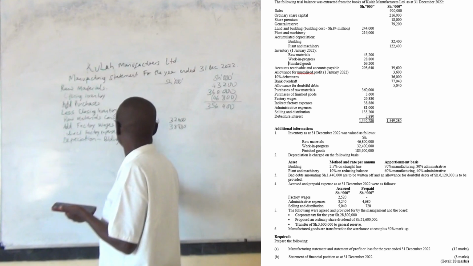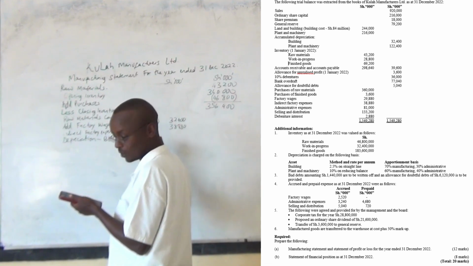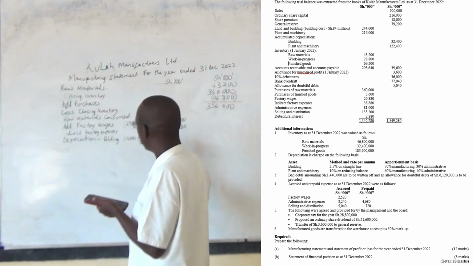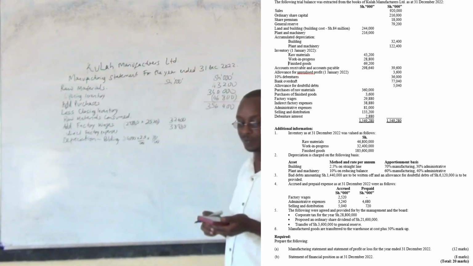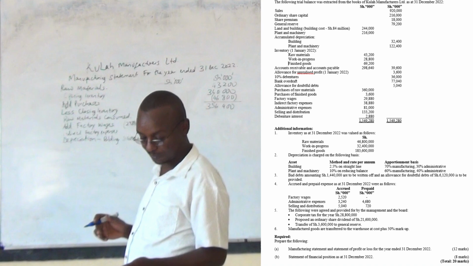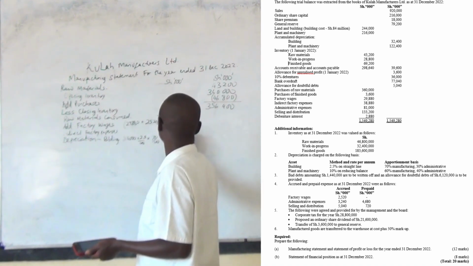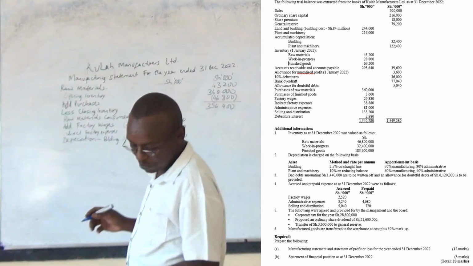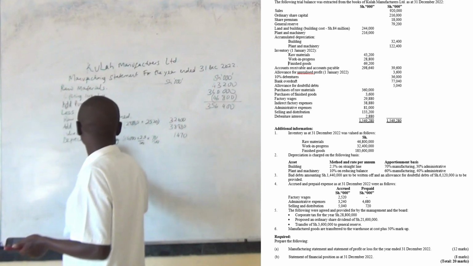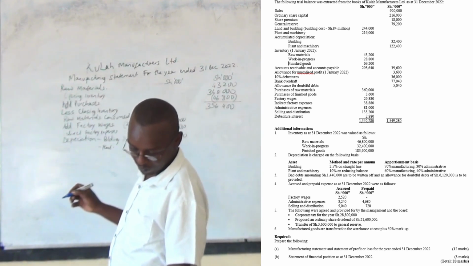84,000 times the rate times the apportionment times 70%. You get what? 14,700. You did like that? Fine. Then there is depreciation of plants. Depreciation of plants is